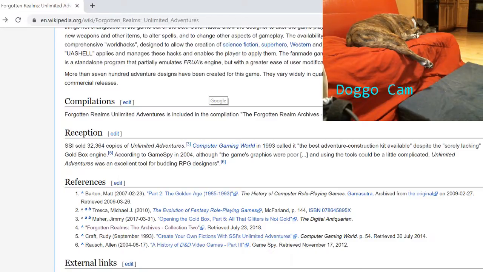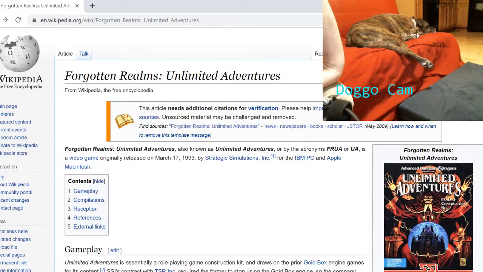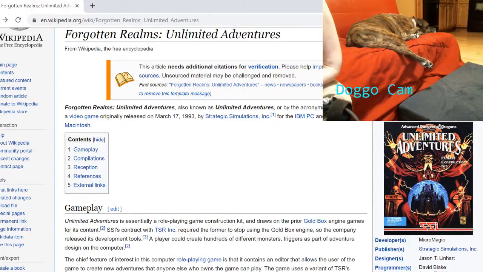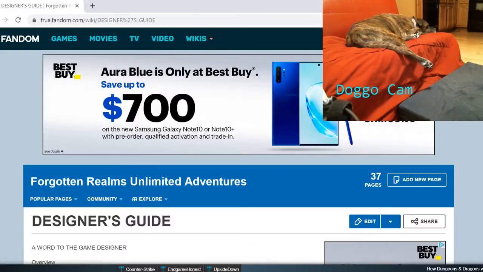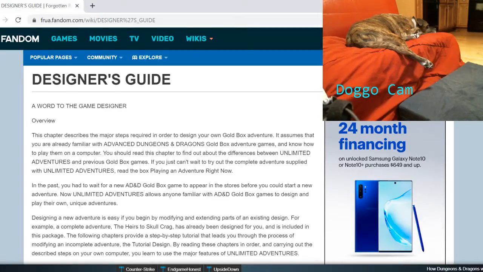All right. So this tells me we can hack a lot, do a lot with Unlimited Adventures, living up to its namesake. So that was exciting. Then I was thinking, with the character creation and being able to edit dungeons and so forth, that's just barely scratching beneath the surface. So I went back to Google again, and I came out looking at the designer's guide